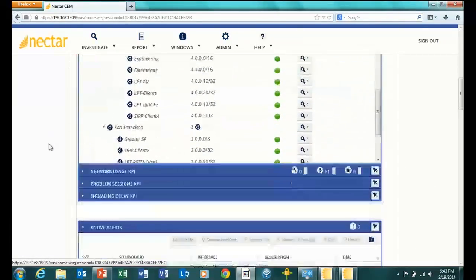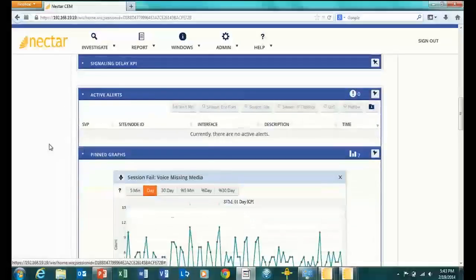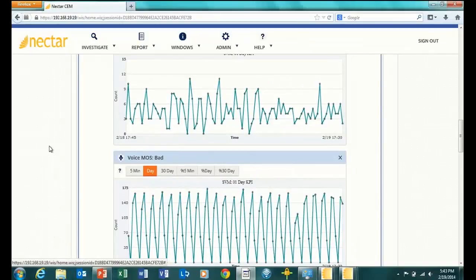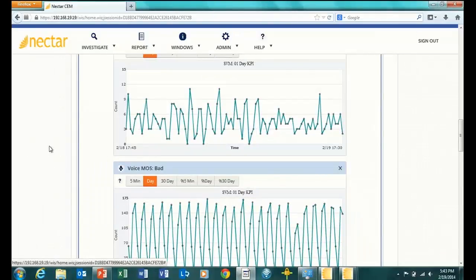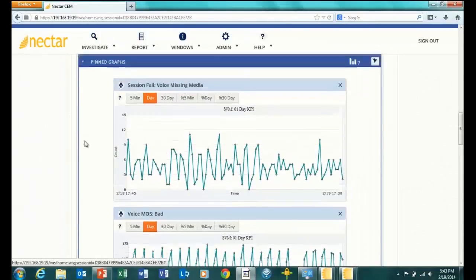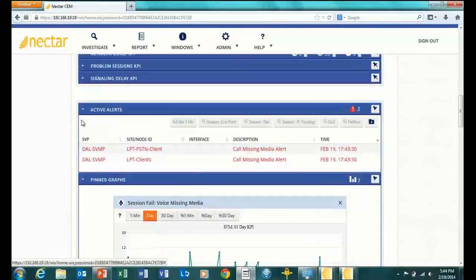So then you also have a number of charts or graphs here if you want to start to look at trending, because trending is key. Oftentimes as applications change, as users get brought on, there are not changes made to the network. And so this is the part where they start to make the capacity planning needs and decisions that you need to make. So here we have active alerts. Right now you've got a couple of active alerts that are on. Any of these we can bring up,